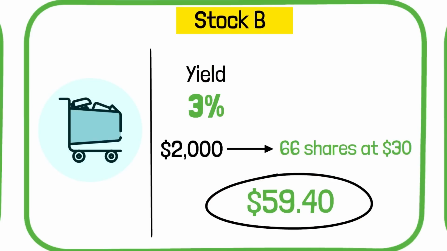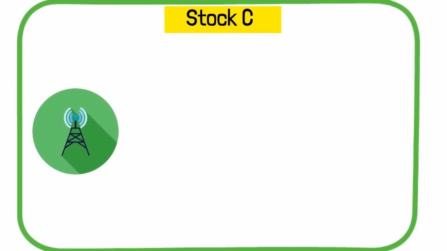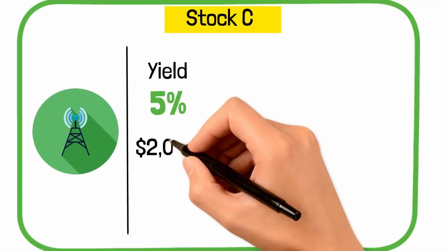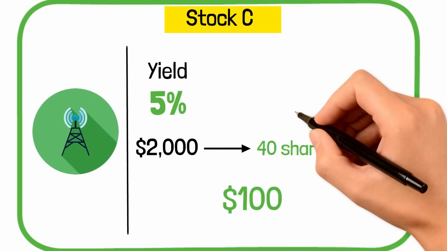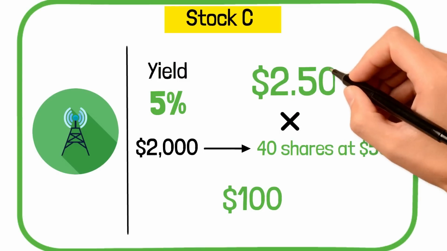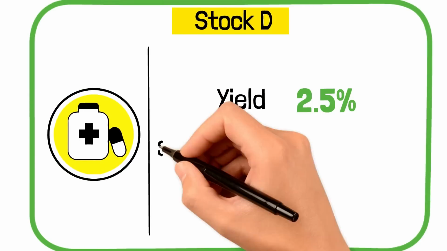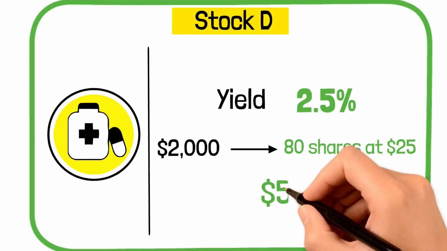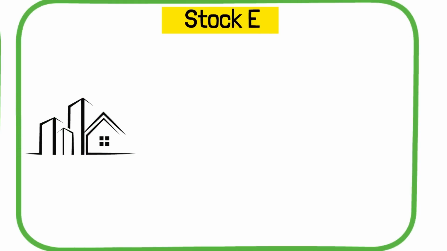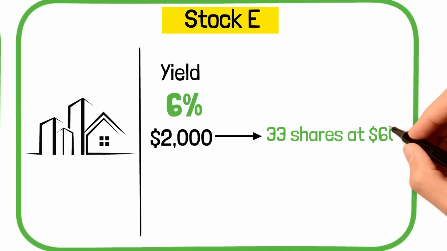To get this, simply multiply 66 shares by 90 cents. Stock C is a telecom with a 5% yield, so $2,000 buys 40 shares at $50, generating $100, which means 40 shares multiplied by $2.50. Stock D is a healthcare firm with a 2.5% yield, so $2,000 buys 80 shares at $25, generating $50 in dividend income. Stock E is a real estate investment trust with a 6% yield, so $2,000 buys 33 shares at $60, generating